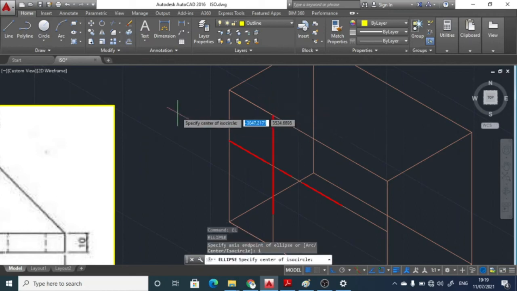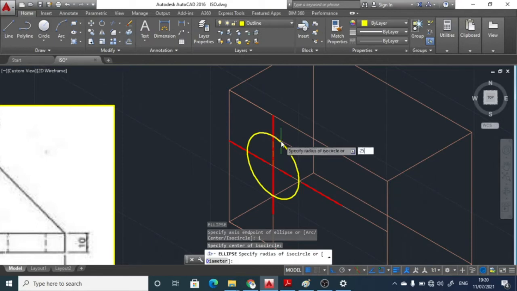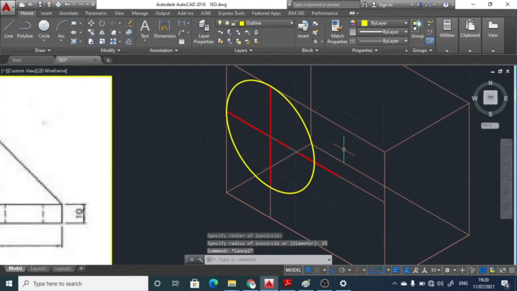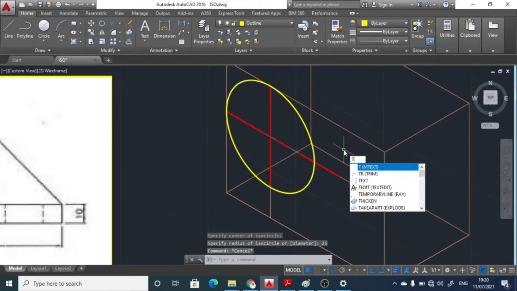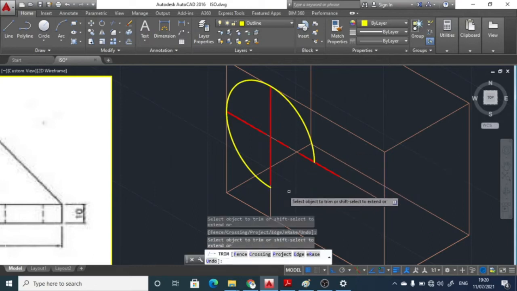It is asking us to specify the center of the isocircle. So click on the center of the isocircle and give the radius as 25 mm. Simply type 25 and enter. So this is the semicircular part we have drawn. The rest of the part we're going to trim over here. So TR, double enter, and trim this part over here on the lower side.